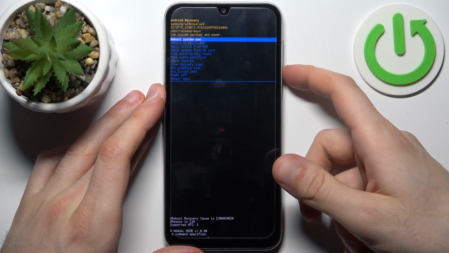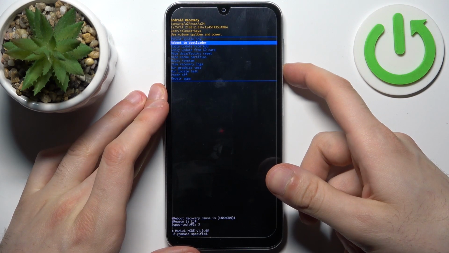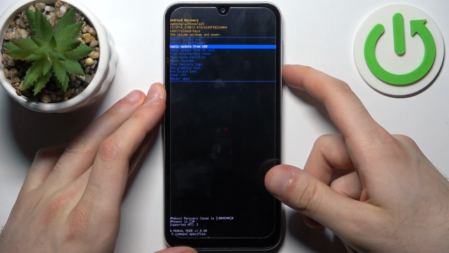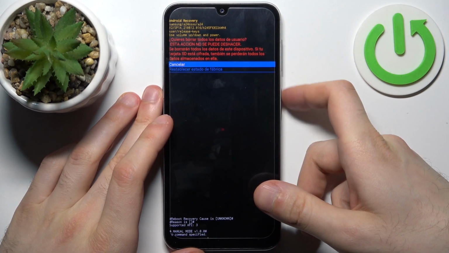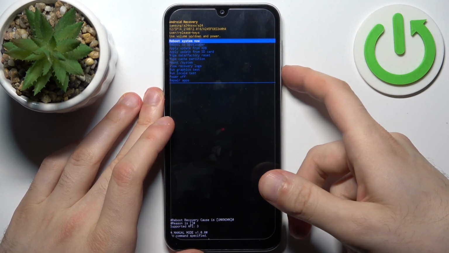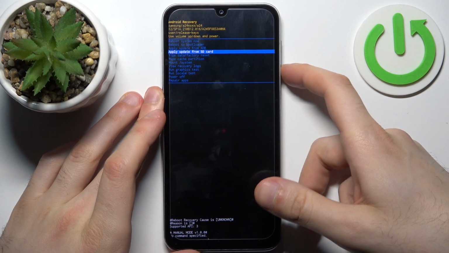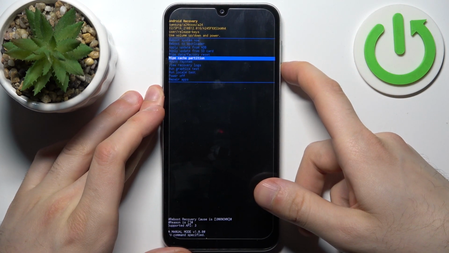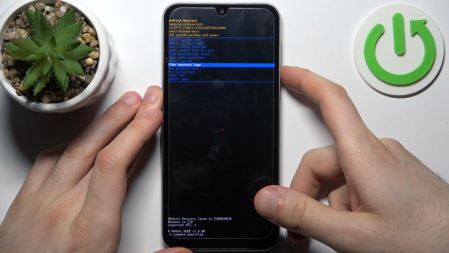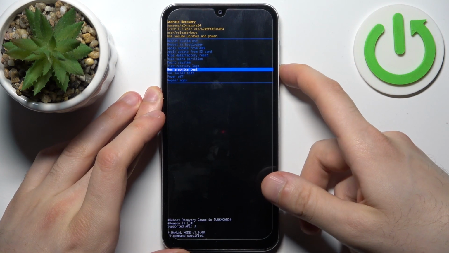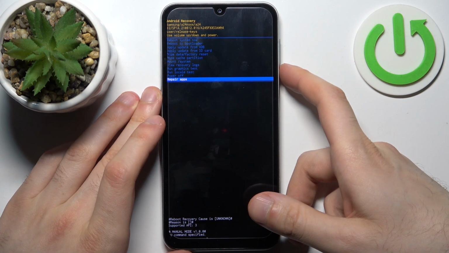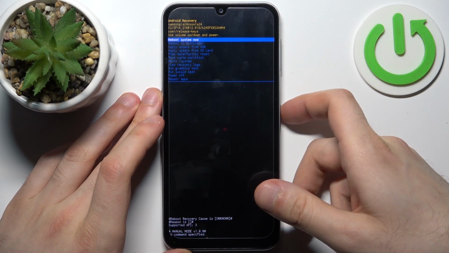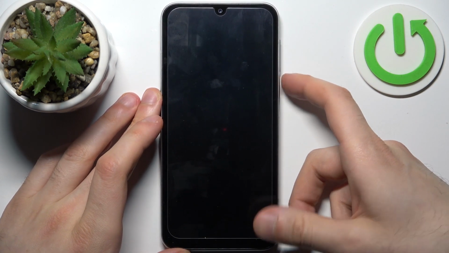such options as reboot system now, reboot to bootloader, apply update from ADB, apply update from SD card, wipe data, wipe data factory reset, wipe cache partition, mount system, view recovery logs, run graphics test, run locale test, power off, and repair apps. So if you want to quit this mode, just select the first option, reboot system now, and